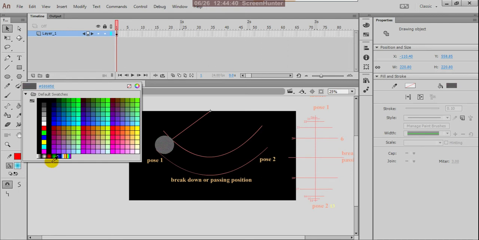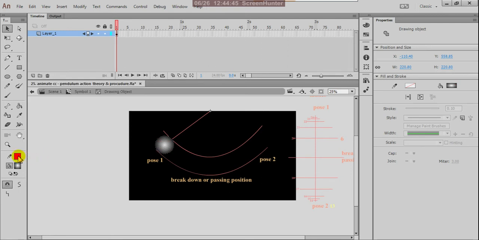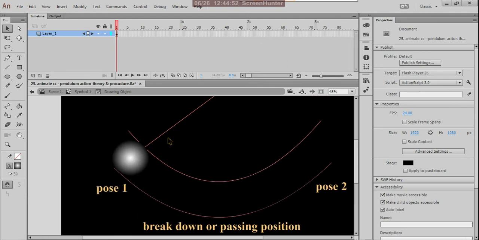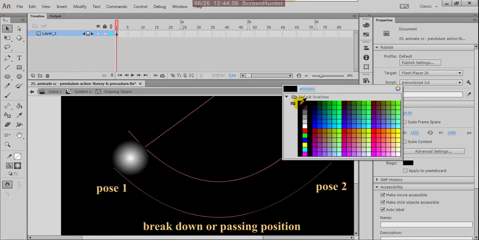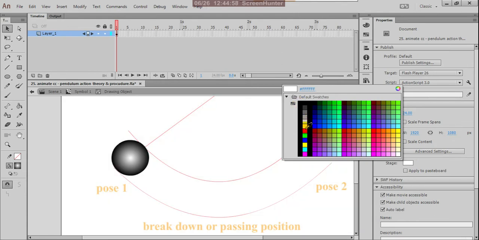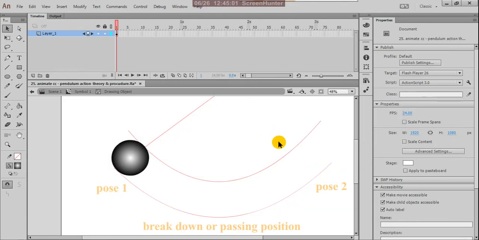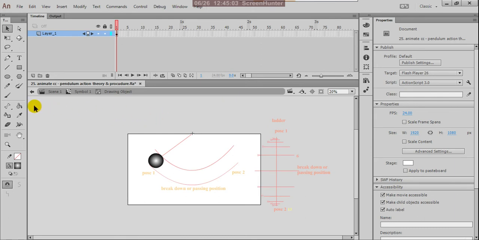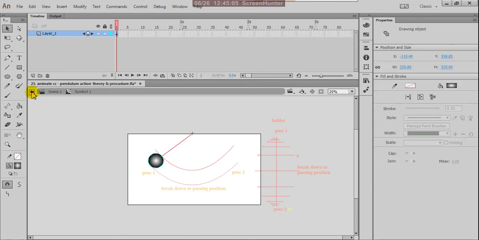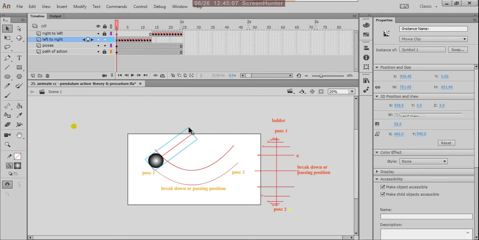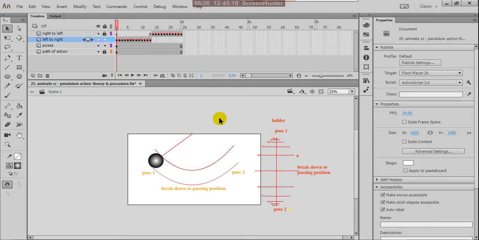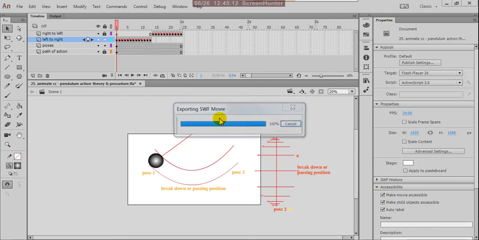Suppose here I am giving some metallic color. Yes, that's perfect. Now change this color into white. Yes, white. Now come out of the symbol editing mode, just click on the right arrow. Now check the action, Control Enter.